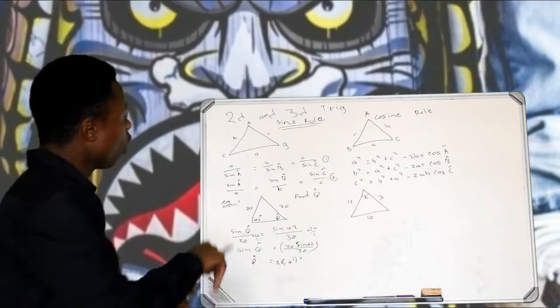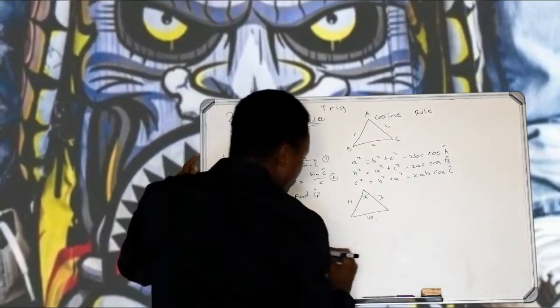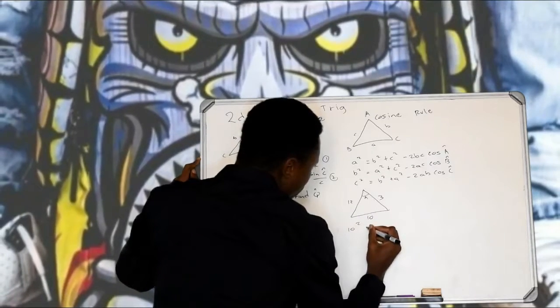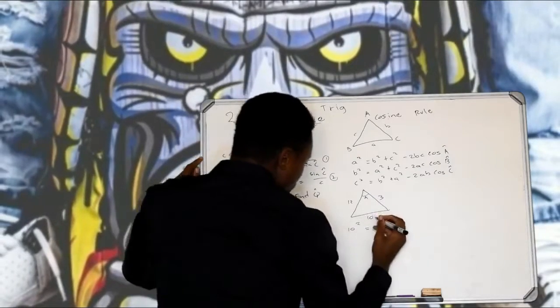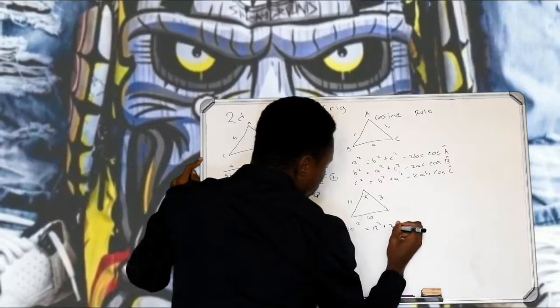So we have to use angle A. Let's see what happens if we use angle A. So we'll say the opposite side, 10 squared, is equal to the other two sides, 12 squared plus 3 squared